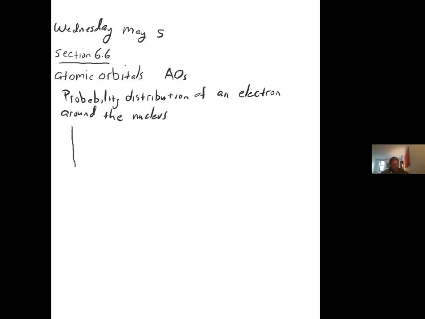So let me show you one way of representing that. It's graphically. So this is starting at 0. This is the distance of the electron from the nucleus. So it's increasing in this direction, okay? So the further you are to the right, the further away the electron is from the nucleus. And then on the y-axis, this is probability,